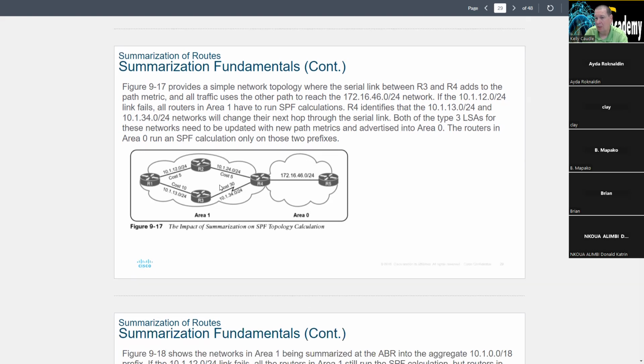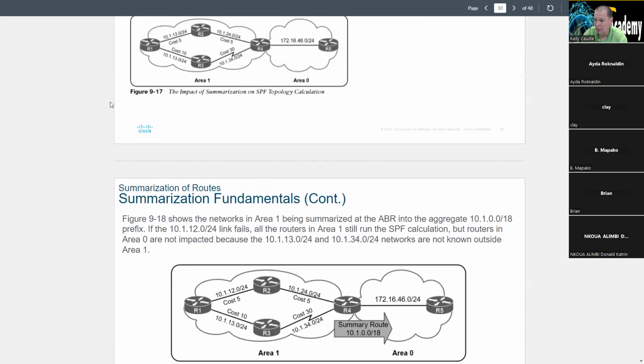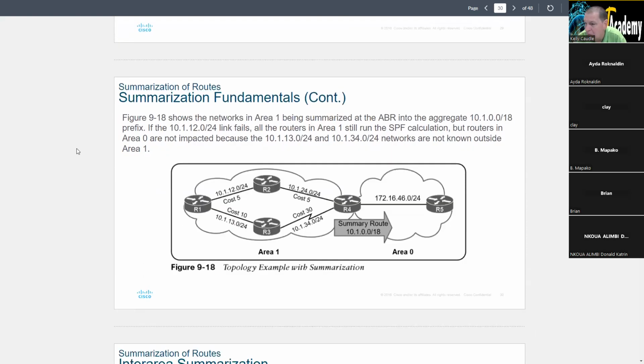But what if we could summarize it so that instead of sending out all 4 of those, and also if one of those 4 links goes down, we don't have to send something over into Area 0 to tell it, because maybe Area 0 doesn't care, or maybe Area 0 is connected to another 15 areas, and you don't want all that information to go through the other 15 areas. Well, you can summarize. And so what you can actually do is a summary route like this. In this case, they decided to do a